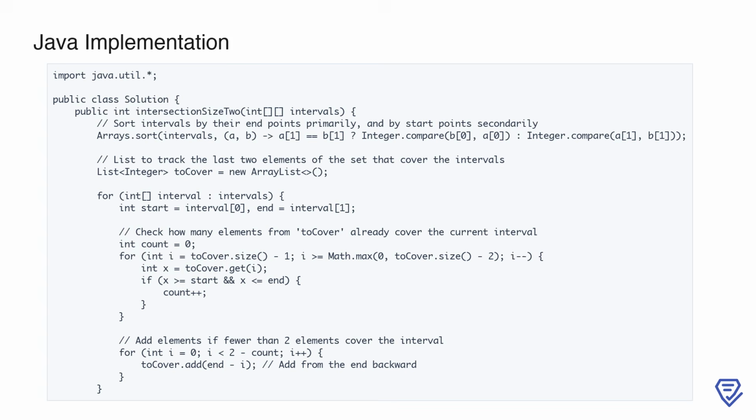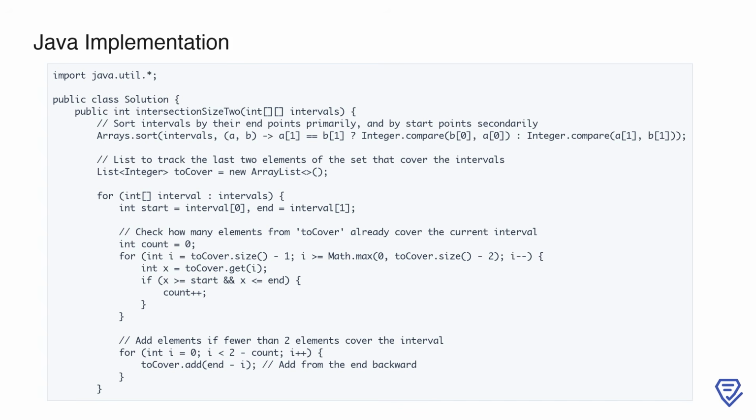The goal is to determine the minimum size of a set such that at least two integers from it intersect with every interval in the given list. To start, we sort the intervals by their endpoints in ascending order. If two intervals have the same endpoint, we use their start points in descending order as the secondary sorting criterion. This sorting ensures that we can process the intervals in a way that minimizes the number of elements added to